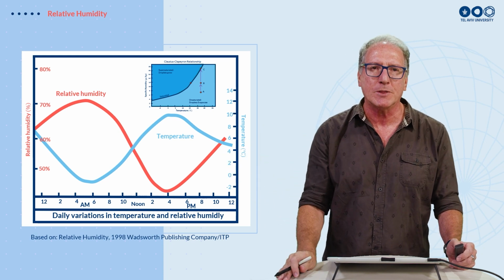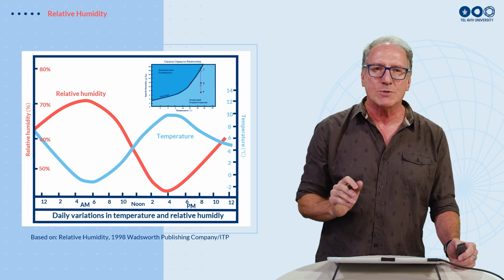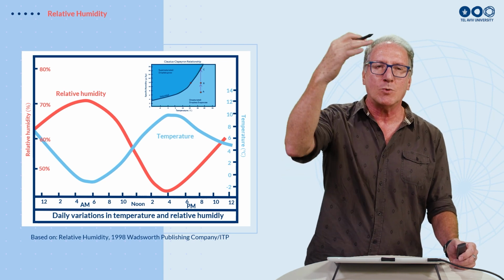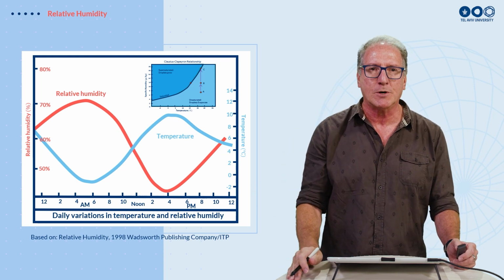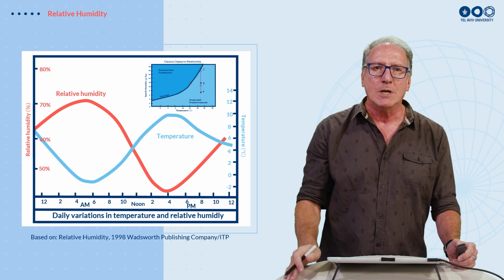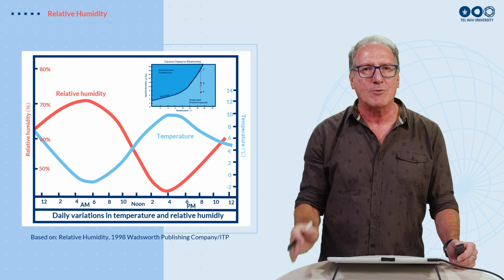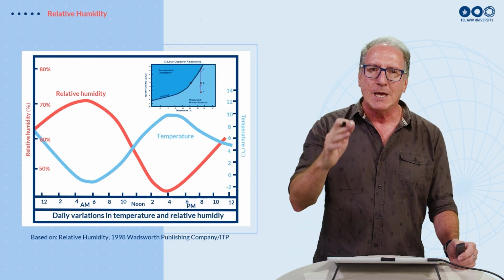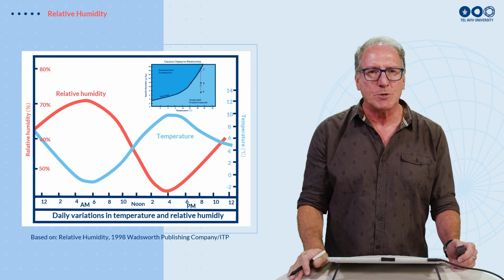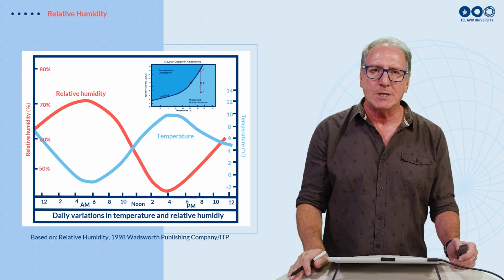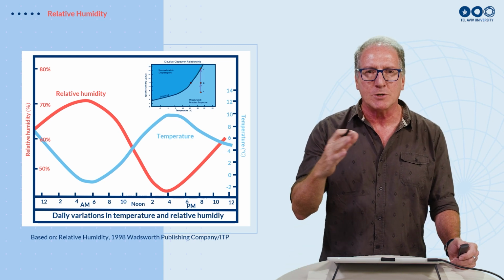We can see here in the plot, the blue curve, when we have very low temperatures, say at 6 in the morning before sunrise, that's when we have the dew. That's when we have the highest relative humidity, and often we get to 100% and we see dew on the grass. In the late afternoon, 2, 3 in the afternoon, we have the highest temperatures, which means we're further away from the curve of the Clausius-Clapeyron, and we have the lowest relative humidities. So we have this opposite relationship between temperature and relative humidity if the actual amount of humidity remains constant over this day.